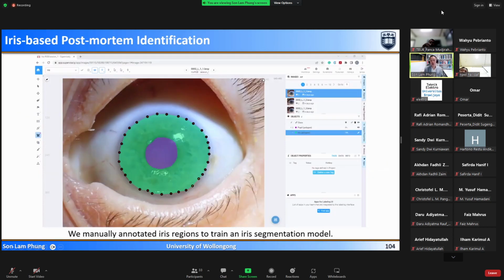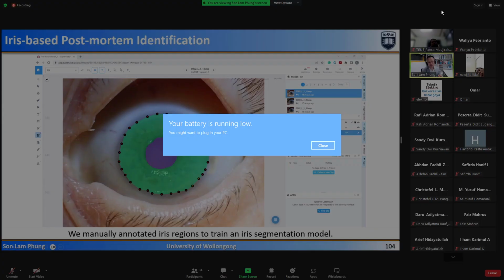In order to segment the iris region automatically, we use a deep neural network for semantic segmentation. To train the deep neural network, we need to produce training data, label data. So given an image, we manually